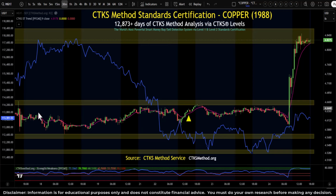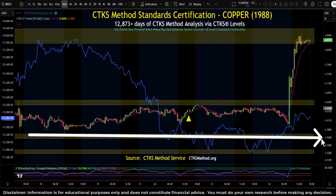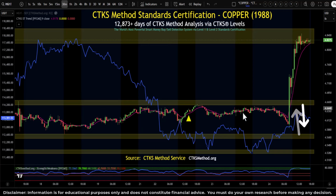Now, what happened with copper? Copper was suppressed under that 466 level, but it was also supported between the 456.80. So we had all of this structural support and structural resistance. The resistance failed, came into structure, bled back, tapped structure, bled up, and what we saw here, and this is